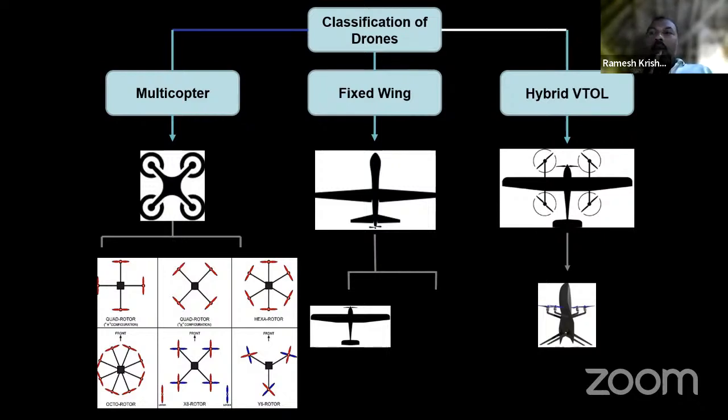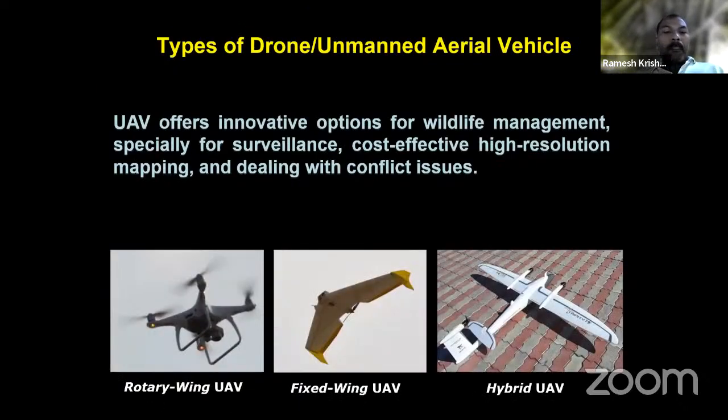One we call copters. It can be a quadcopter, multicopter. The other type is fixed wing, or plane model. The third one is the hybrid or VTOL model. VTOL is basically vertical takeoff and landing. It's more like a copter, but it also has both plane as well as copter combination. So there are multiple types of copter. There are similarly multiple types of fixed wing or plane. They have different wings, and similarly hybrid also has multiple types.